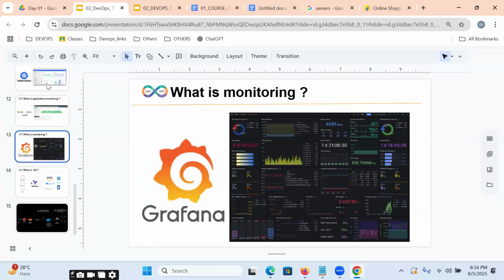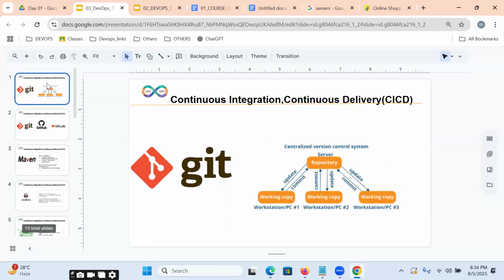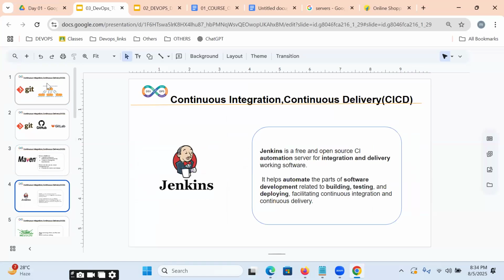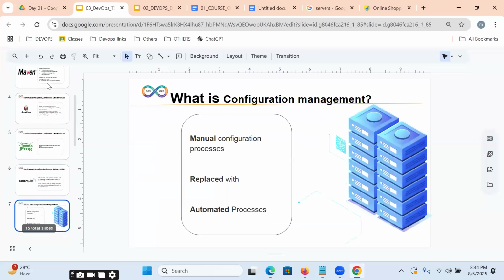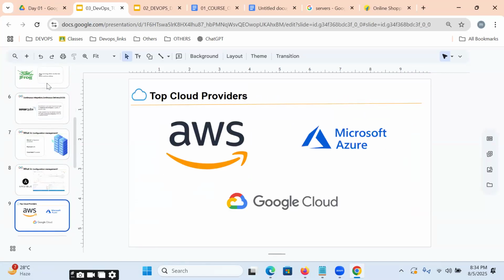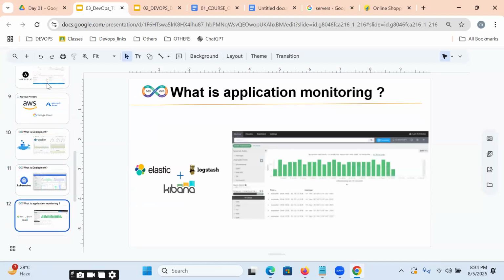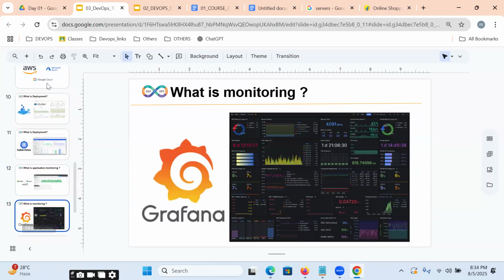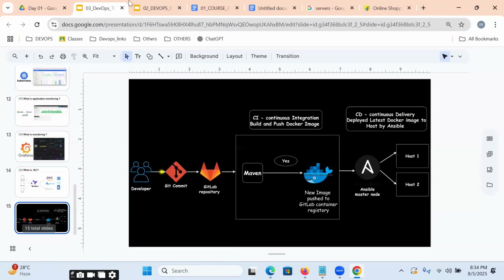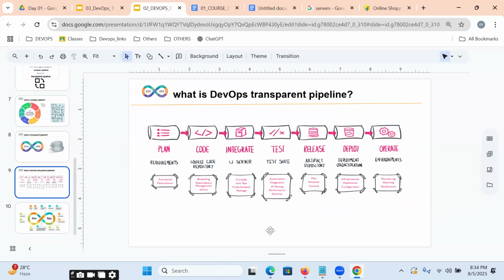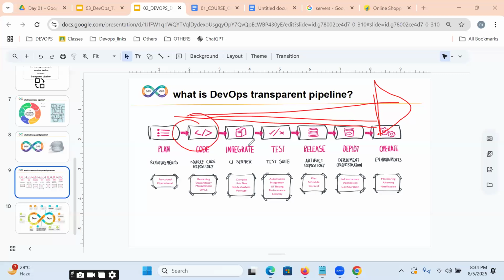So with the help of these tools, Git, Maven, Jenkins, JFrog, SonarQube, Ansible, AWS, Azure, Docker, Kubernetes, Elastic, Logstash, Kibana, Grafana, Terraform, we are going to be implementing an automated DevOps transparent pipeline from dev environment to operations.